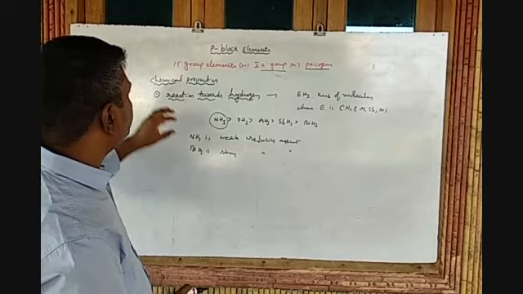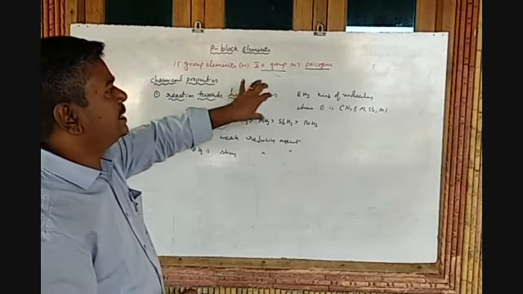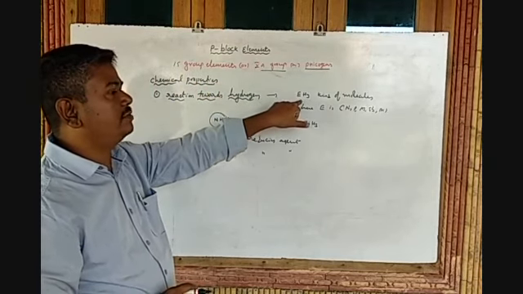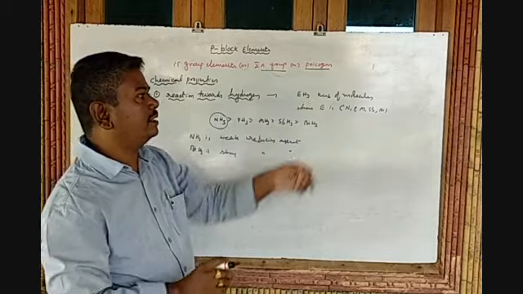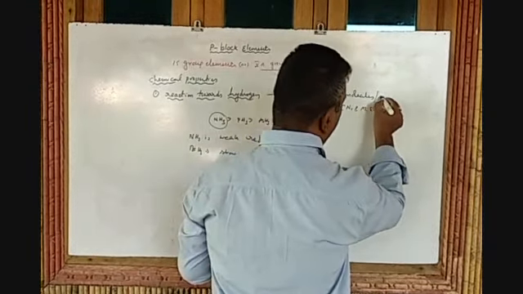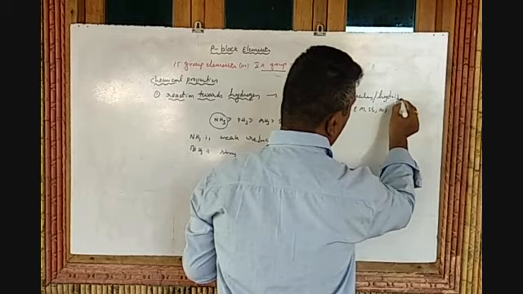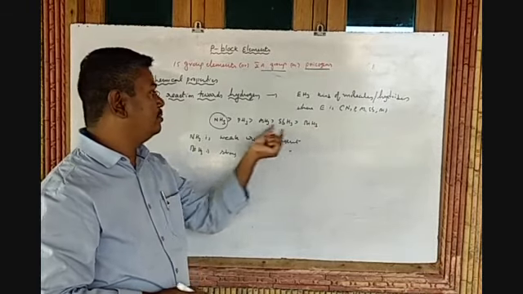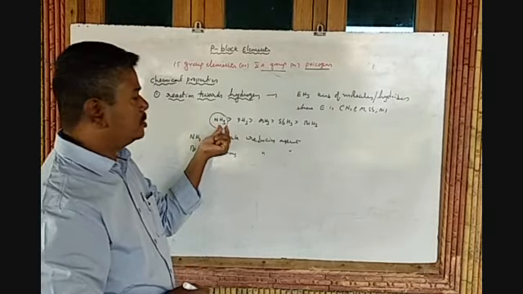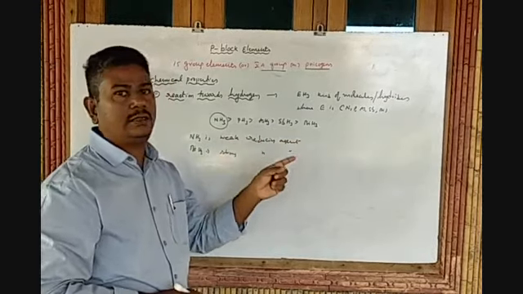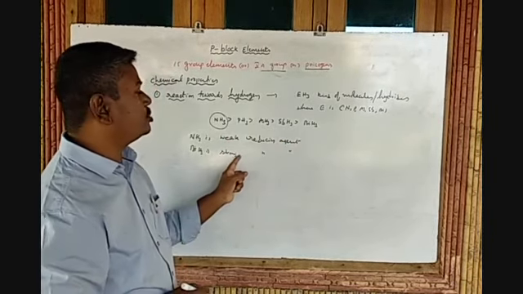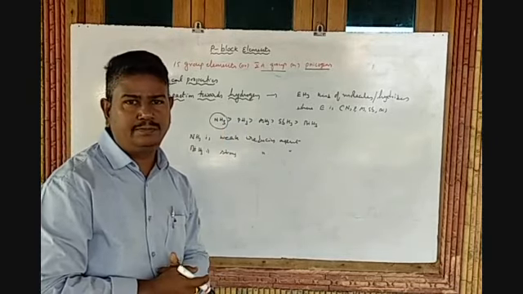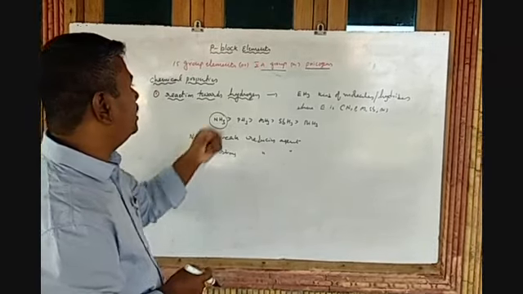So when hydrogen reacts with these group elements, which group elements? Fifth group elements, it can form which one? EH3 kind of molecules, or those are called EH3 kind of hydrides. In these hydrides, bismuth hydride is thermally more stable than ammonia. Ammonia is a weak reducing agent, and bismuth hydride is a strong reducing agent, whereas the basicity is more for which one? Ammonia. That is about the reaction towards hydrogen.